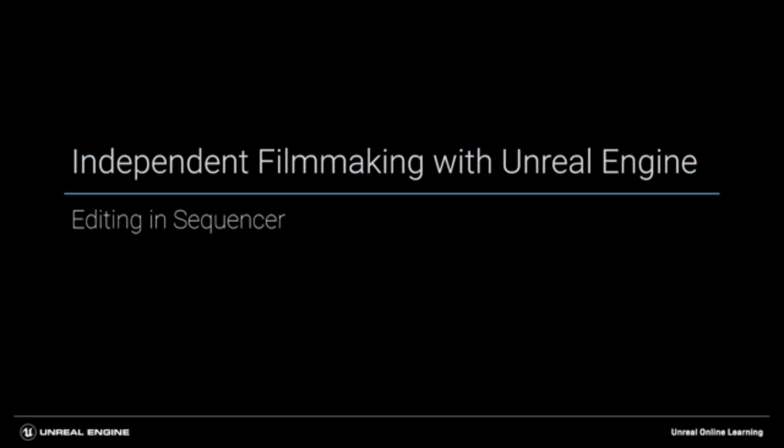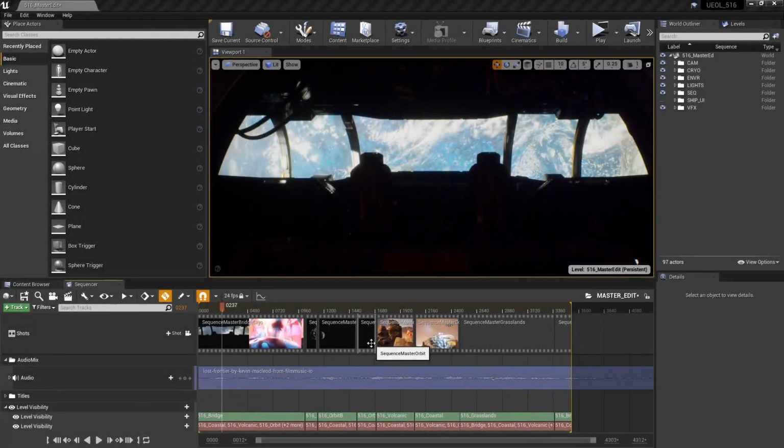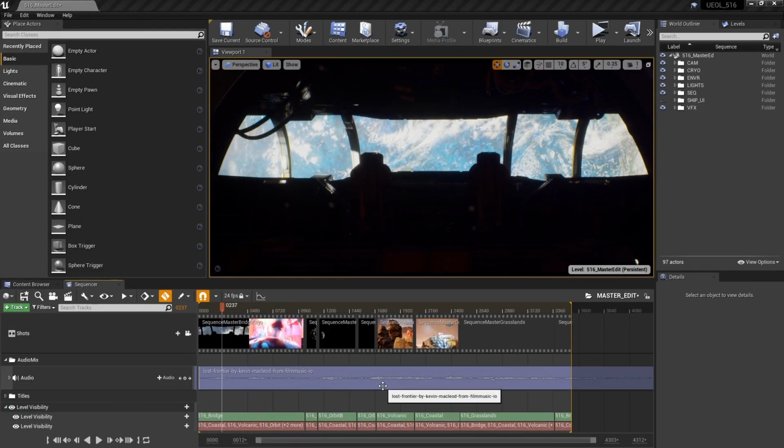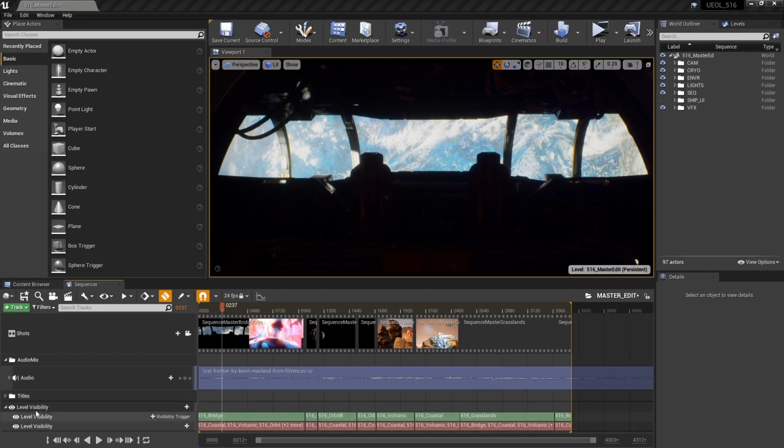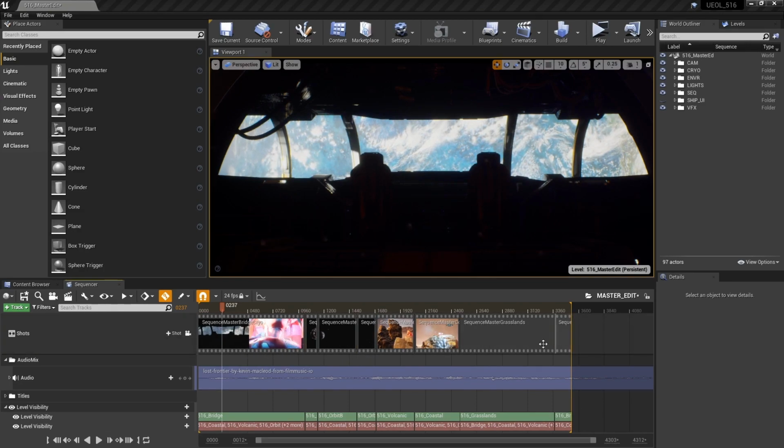So what we're going to go over here is how to actually get your levels into a timeline. Now, one thing that I want to get out of the way very quickly is that if your piece takes place in just one single location, you will not need to be doing this whole level visibility track thing. You still might be wanting to have your shots as sort of master sequences where you can cut in and out of your setups within the overall location, but you definitely will not need to be doing level